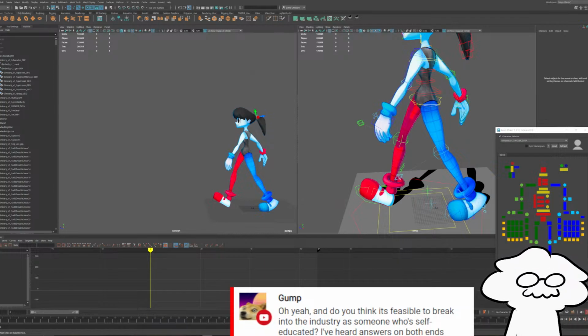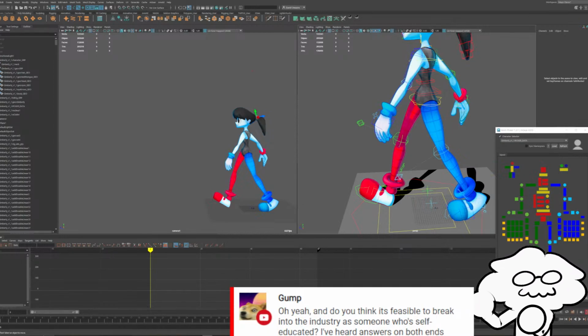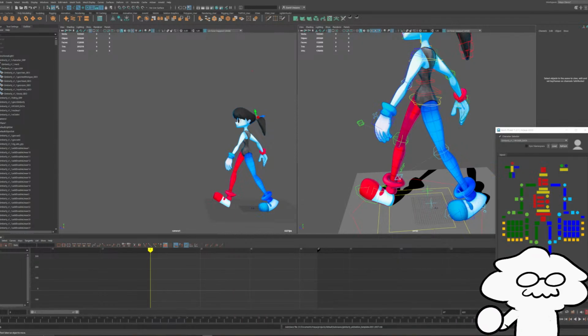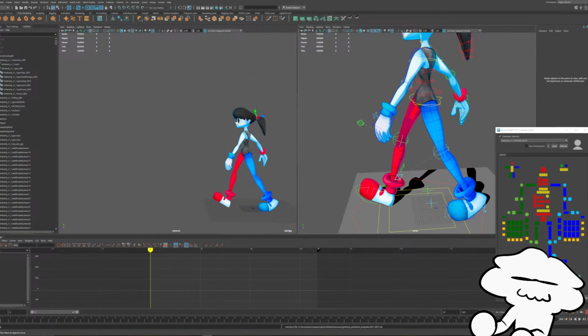And for someone who's self-taught, I'm doing pretty good for myself. Even besides Doodley and whatnot, I'm considered a senior in my current job. So you can get there. You just need the skills. That's all people care about is portfolio. My title currently is senior animator. So if I'm a senior animator and I'm self-taught, then I feel like anybody can make it.